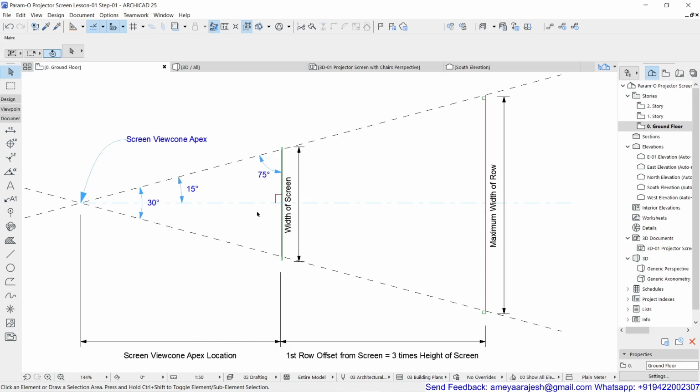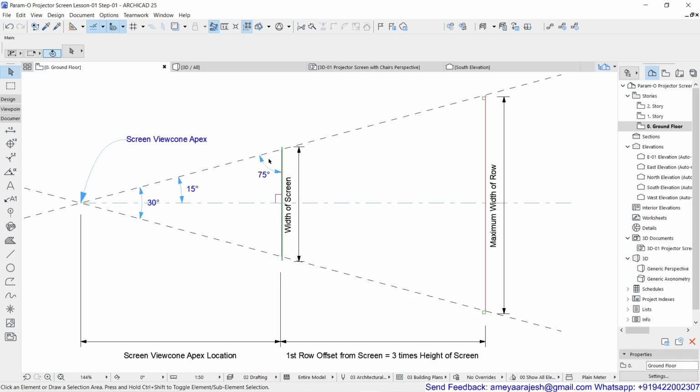Remember the width of the screen you have. If you generate this viewing angle, the triangle, you can see a few values getting identified. Half of the screen width becomes the base of the triangle. Because the apex cone is 30 degrees, its half will be 15 degrees.